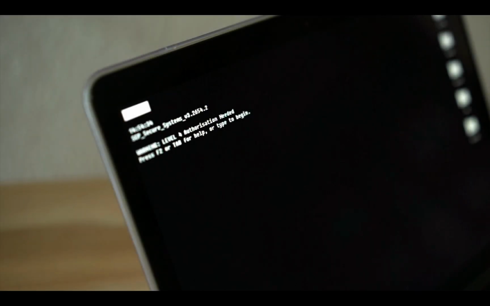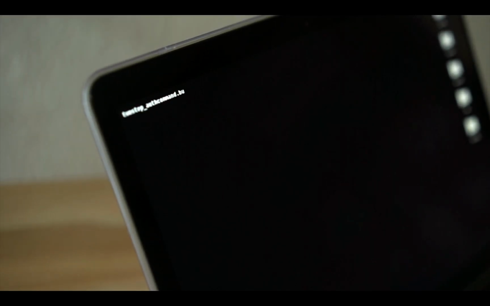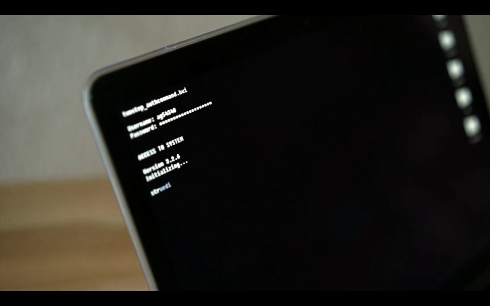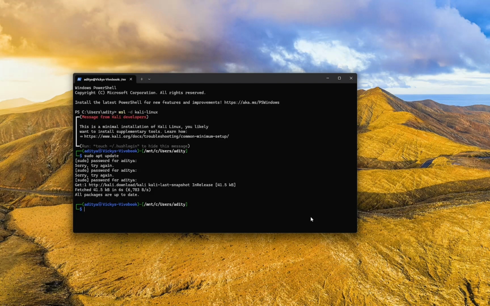Keeping Kali Linux up to date is essential for security and performance, but inside WSL2, the wrong update commands can cause broken packages or dependency errors. In this video, I'll show you the correct way to update and upgrade Kali in WSL2 cleanly, safely, and without